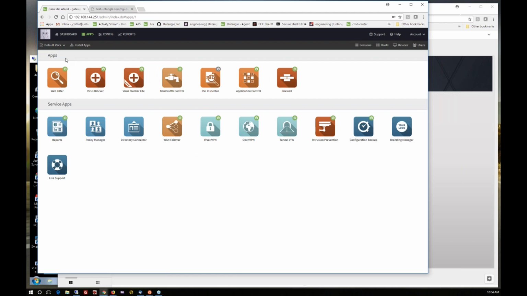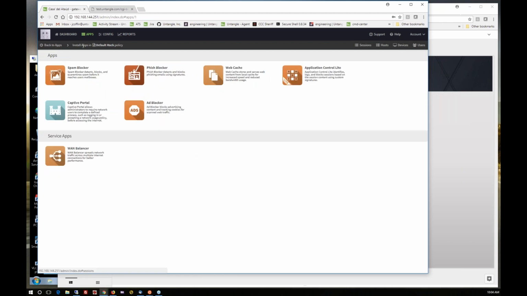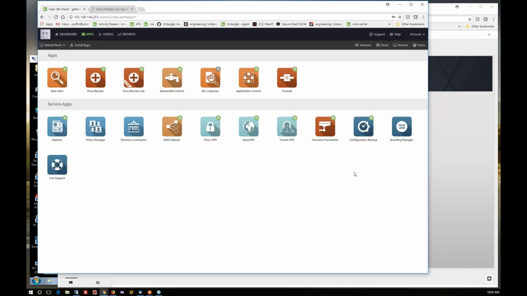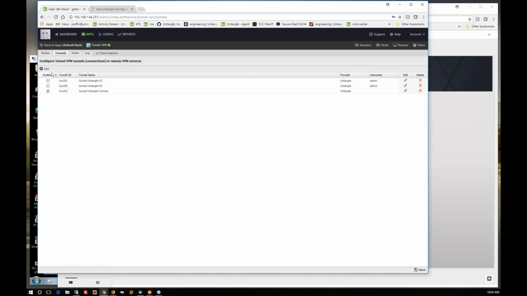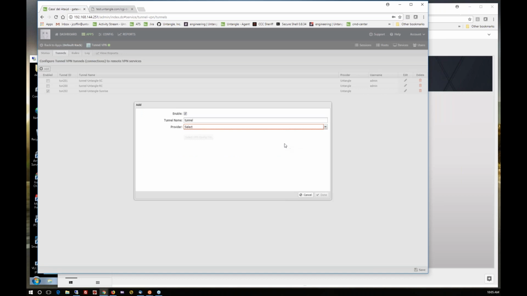For those who don't know how to install, you just simply go to your install apps, and you'll see it listed here, and you just click install, and it will become part of your policy. And it's a service, so it works with all the traffic that you're going through there. So you'll go in here, and probably the first thing you're going to do is add a tunnel. And as you click add, you'll see that